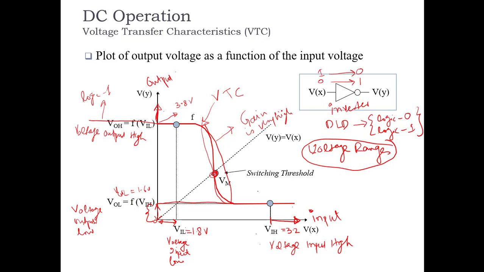So that is the cutoff and saturation region, and this is where you use the transistor as an analog component. So if you are using it as an amplifier, you use it in this region. Okay,